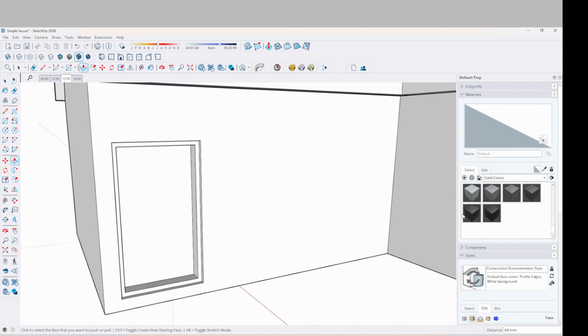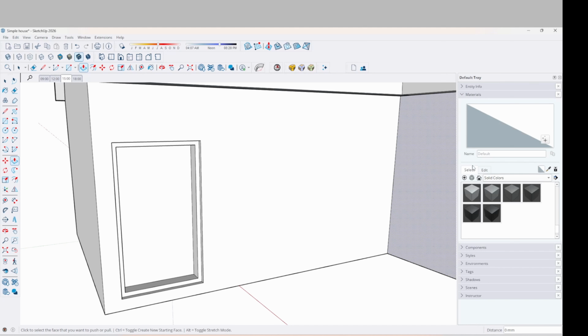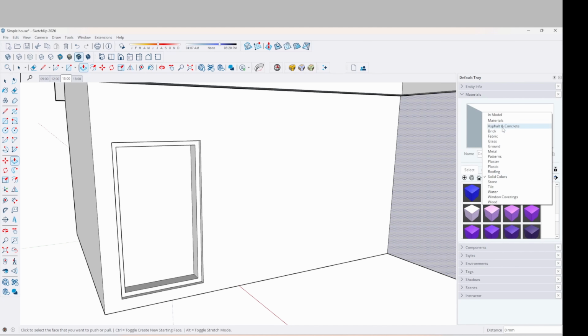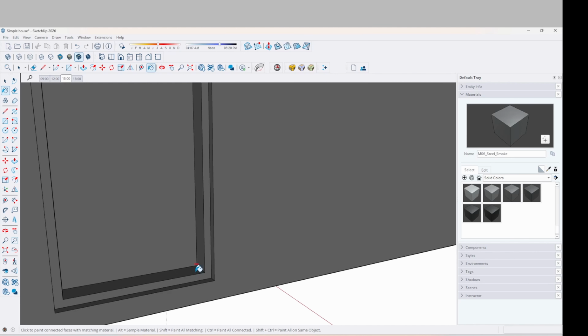Now if you want to, you can use the materials here, and I'll just show you, if everything's closed now on the default tray on the right hand side, click on the materials drop down. And there's a lot you can choose. I usually choose solid colors just for this exercise, and then go down and maybe either this one or this one. I like these two, not completely black, just a nice shade of grey. I'm going to take this one here, click on the frame,